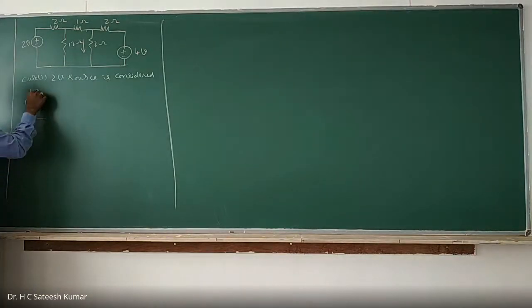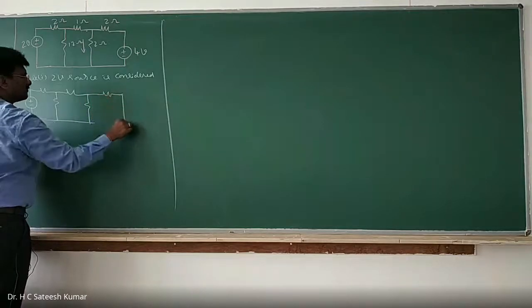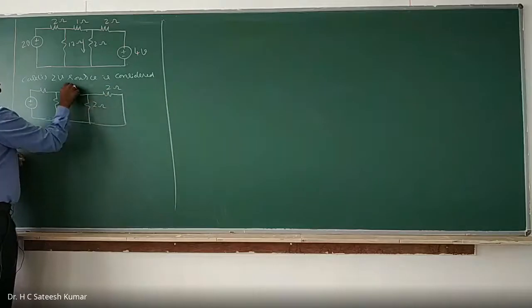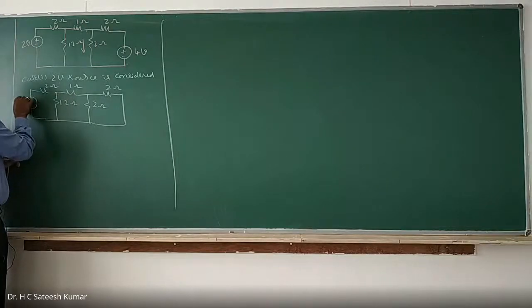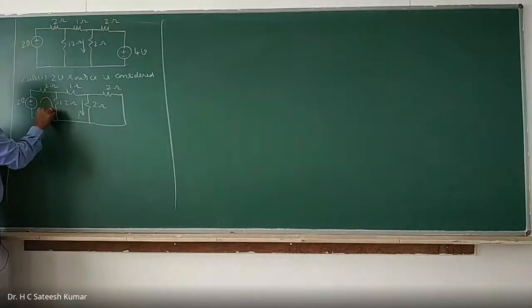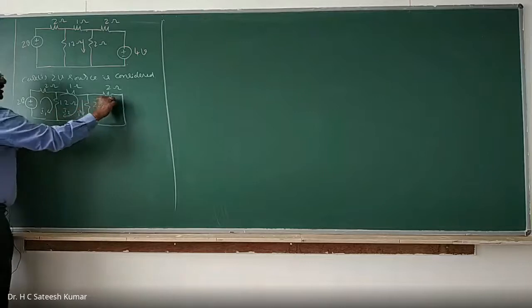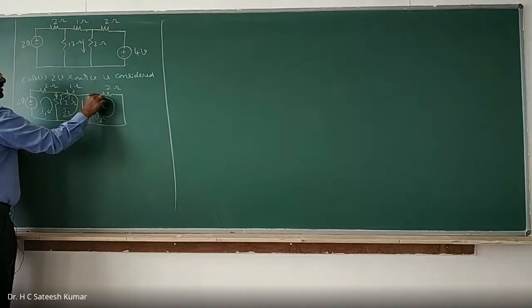Plus minus. Okay, this is 2 ohm. This is 2 ohm. This is 1 ohm. This is 12 ohm. This is 2 ohm. This is 2 volts. Find this current. This I'll call I dash. Okay, right. Apply KVL. I1, I2, I3. And this one I'll call I1 minus I2. This one I'll call I2 minus I3.